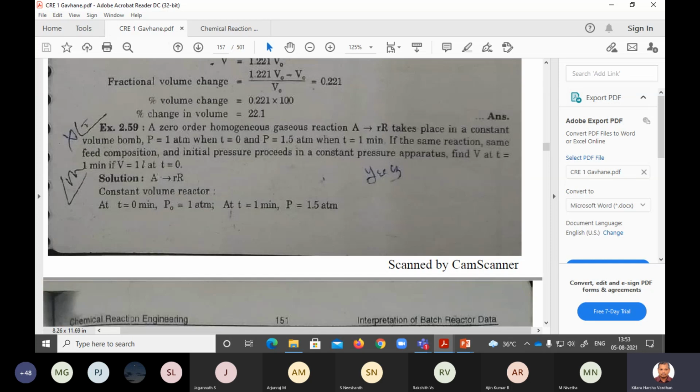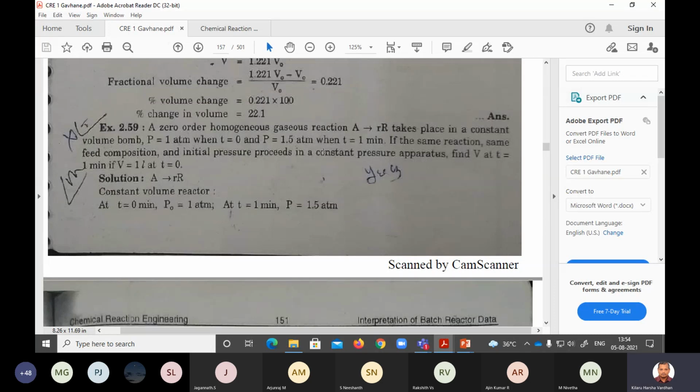Now a zero order homogeneous gaseous reactant A is giving you RR, takes place in a constant volume bomb or reactor, whatever you call it, right? So this is a constant volume. P is 1 atmosphere when T is 0, and P is 1.5 atmospheres when T is 1 minute. So as the reaction proceeds, the pressure is increasing, because it is taking place in a constant volume. Therefore, pressure will change. If the same reaction, same feed composition and initial pressure proceeds in a constant pressure apparatus,